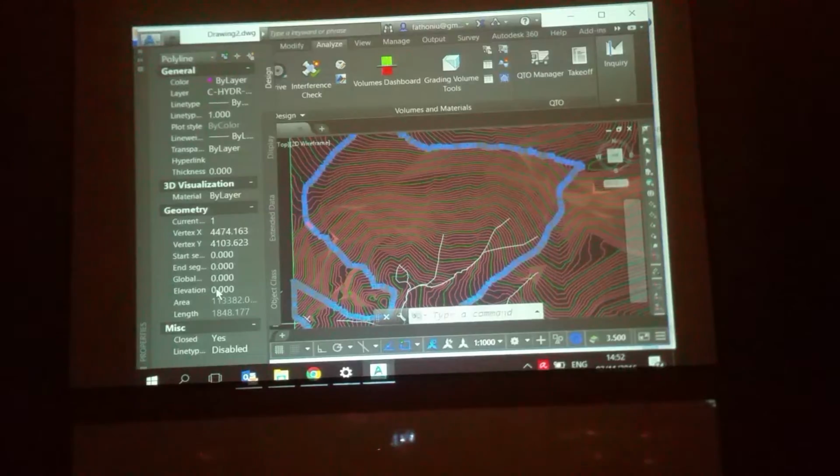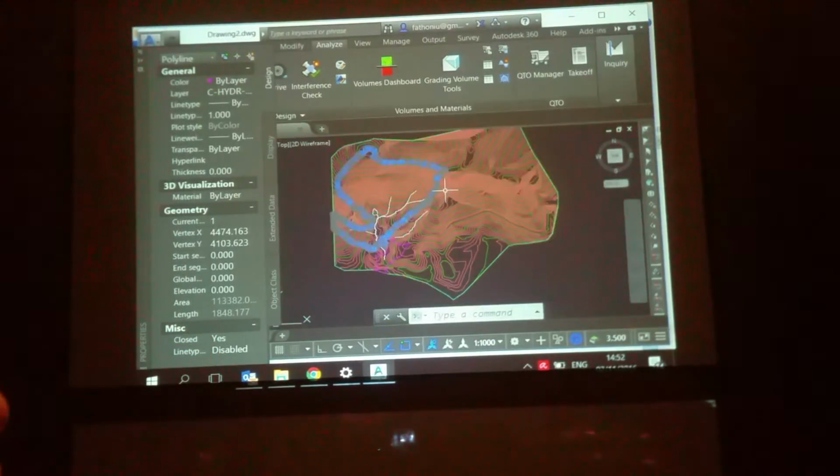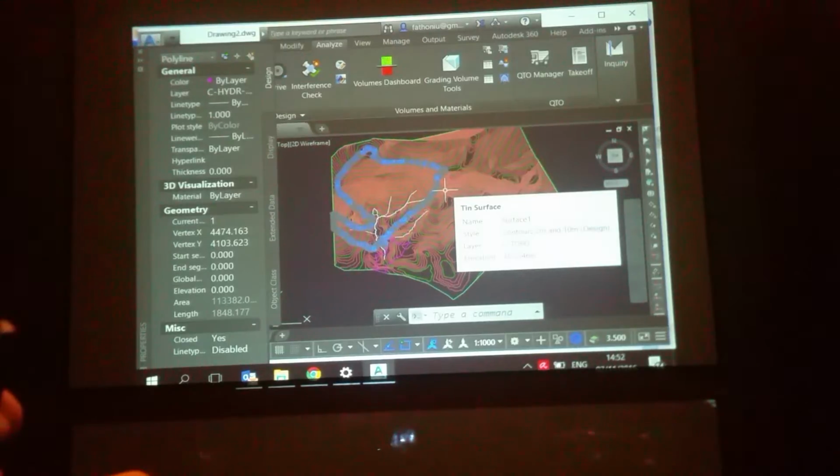Do desktop study, very simple, very easy. AutoCAD Civil 3D. So desktop study is the first step you have to do before you set up the elevation of the platform.